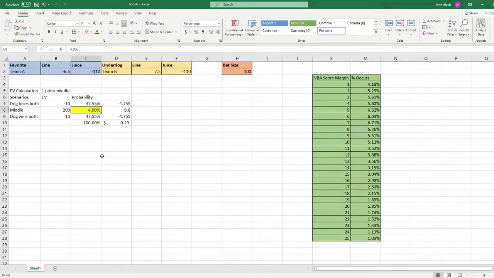We take the 4.9% probability that we hit this middle and we multiply that by the 200, which is what we'll win every time that happens, and we get $9.80. And then of course we have the same calculation here for when the dogs win both, and we come up with minus 4.755. Now you'll see, well, firstly, if the numbers are accurate, we actually have a slight advantage here of 0.29 cents. So we're going to play this. If we play this bet over and over again, we can expect on average every time we bet $100 to make 29 cents. Not a great